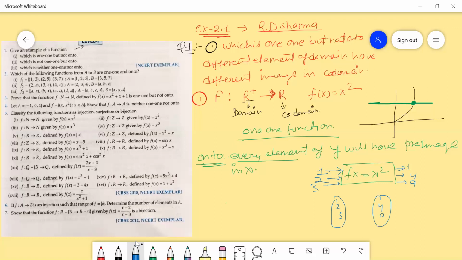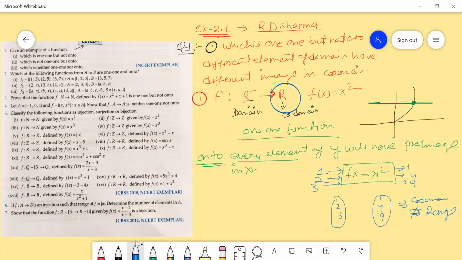But the codomain contains all real numbers, right? But the range is 1, 4, 9, right? All the real numbers means 0, 1, 2, all are contained. So here codomain is not equal to range.